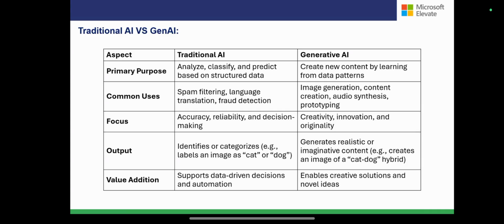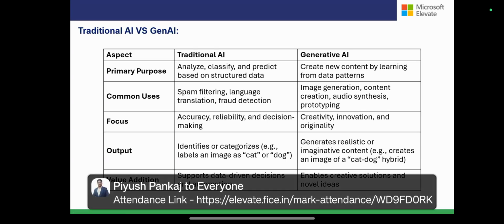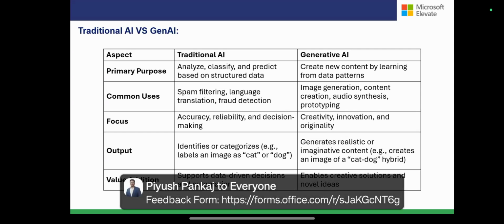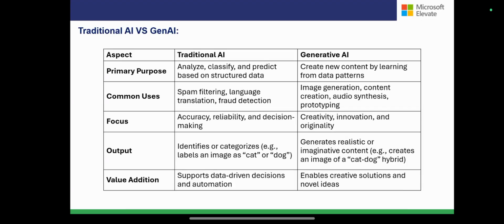Okay. So whenever we are talking about traditional and generative AI, one of the primary purposes in traditional AI is that we usually analyze the data. We classify, like the machine learning technique. In the last sessions we had a discussion on it, right? We are classifying whether a person is male or female, whether the animal is a cat or a dog.